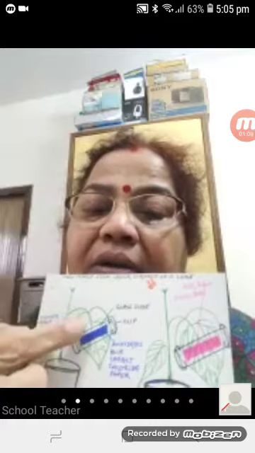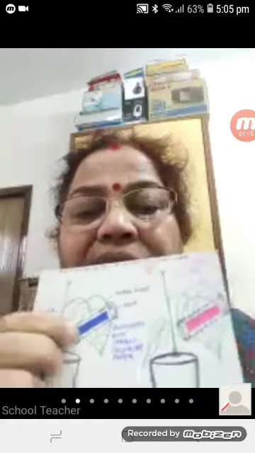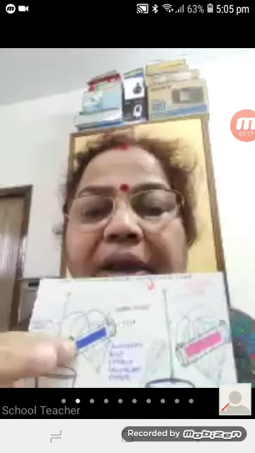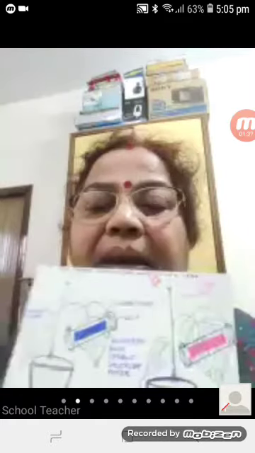Why have you used a glass slide in this experiment? First, to stop the escape of water vapor from the transpiring surface. Second, to keep the cobalt chloride paper fixed in its place. And third, because glass slides are transparent, any change in color can be observed quickly. Immediately you will be able to observe if there is any color change.